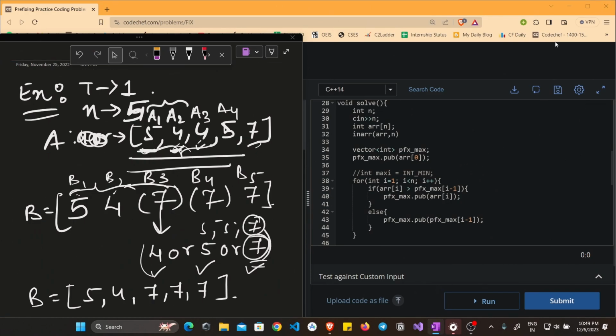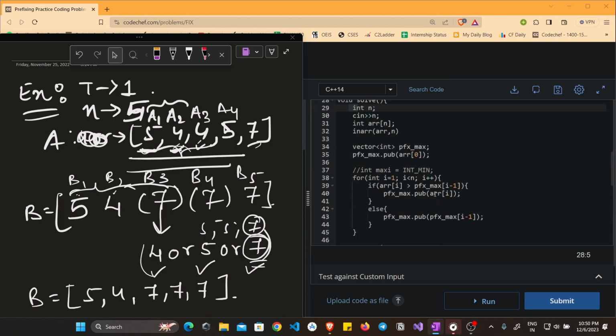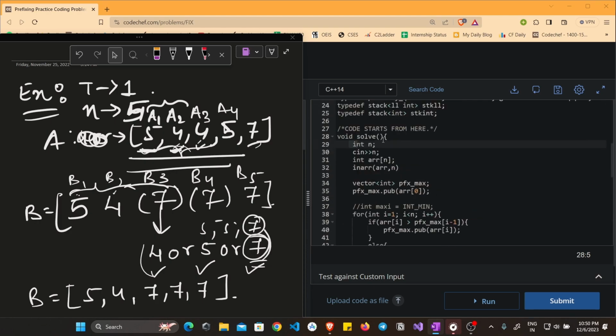Now we will try to understand the code for this program, and I will explain the code and the logic behind it using this example only. Whatever we have learned using this example, we are directly going to use in our code. First of all, for this line, I have simply taken the input, that is int n, the number of elements in that particular array. I have already taken the test cases over here, so I have directly started with taking the input of the number of elements,